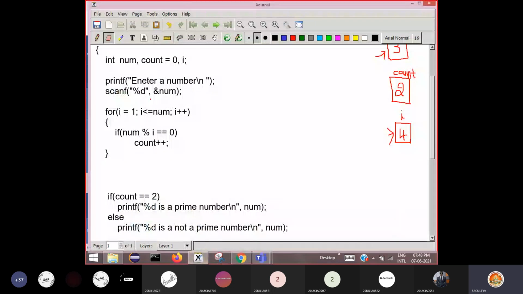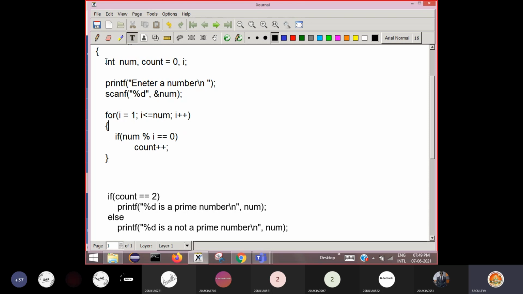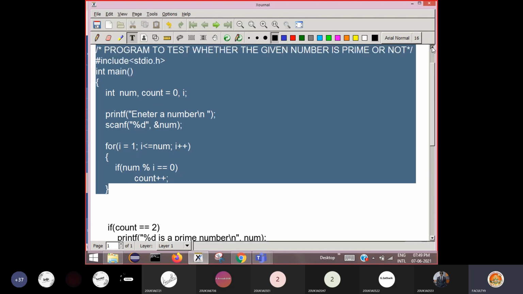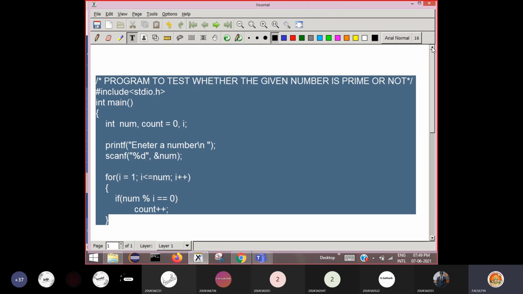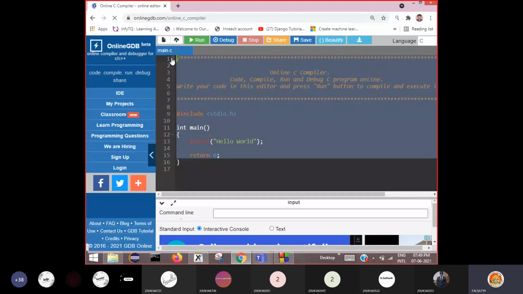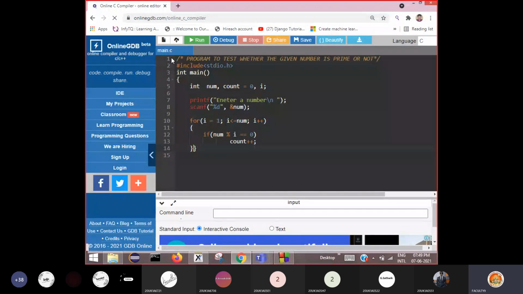Now let us copy this program and paste that program in this editor.